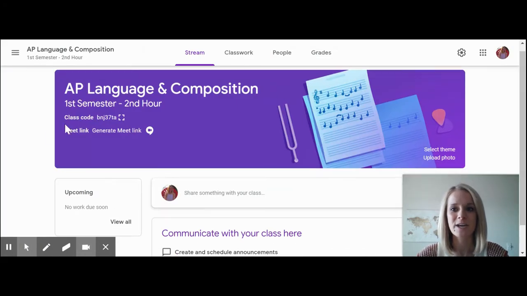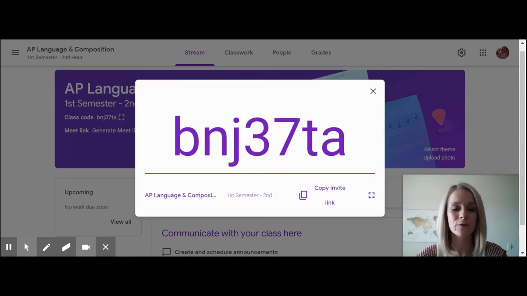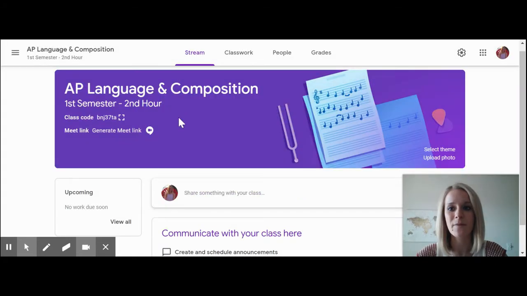So here at the top, you can see that it gives you the Google Class code. You can make that nice and big if you wanted to display that. You can copy it, the link of it, if you were doing something more digitally and you wanted your students to join digitally. That would be also a helpful thing to put on your syllabus